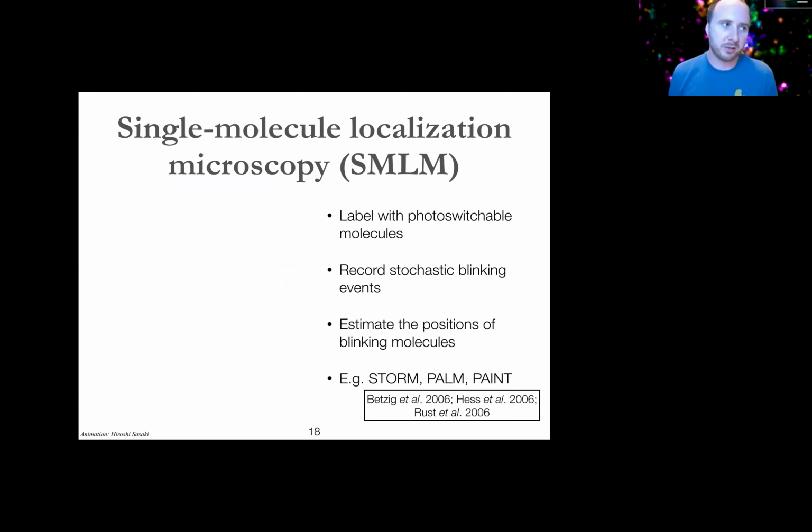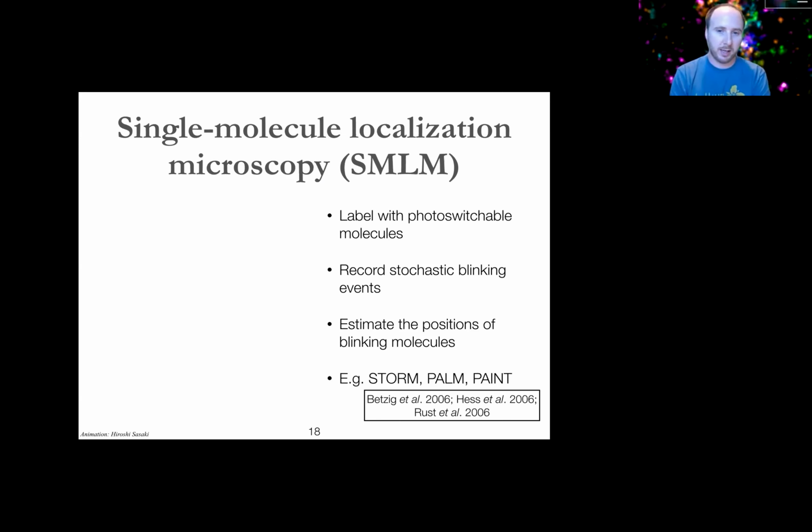So there are multiple ways around that problem, including just doing some clever tricks with diffraction limited imaging that I don't have time to talk about today. But the other avenue is to use some kind of super resolution microscopy that, as the name would suggest, just attempts to get around or below that diffraction barrier in some way. There's a lot of different kinds of super resolution microscopy, which I wouldn't have time to go through all of, although I'm happy, in the questions if people have questions, to try to answer on that front. I'm going to talk specifically over the next few slides about a certain type of super resolution microscopy called single molecule localization microscopy, or SMLM.